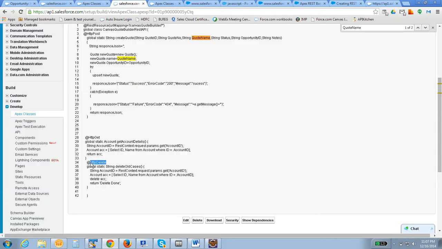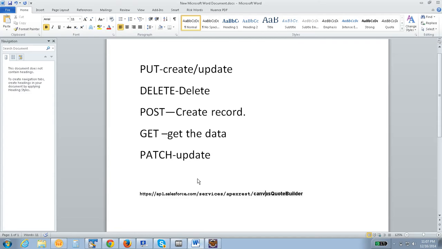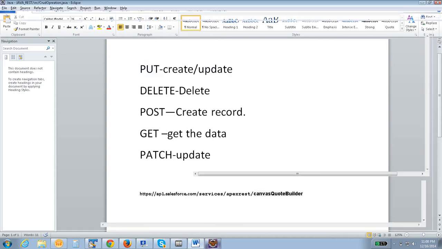So instead of the post method, we need to use the put method. Put basically is meant for creating and updating, in cases where we need to create the record as well as update the record.